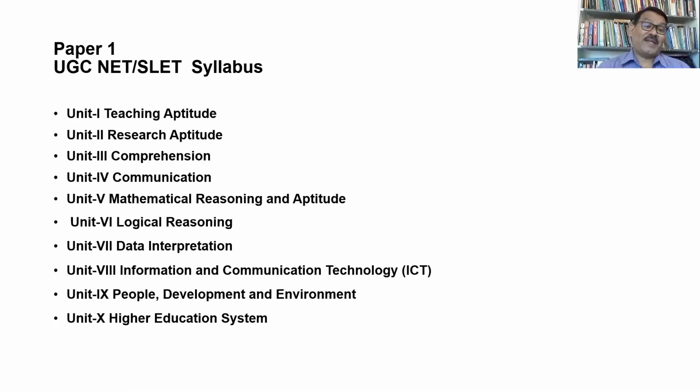And there is also a chapter on people, development, and environment. A teacher is a social being, not only an intellectual being, a social being, a responsible citizen of the country, society. And we are not just supposed to know only something about our own subjects. We should have a minimum awareness about the lands and people around us, various developmental processes, various issues related to environment,